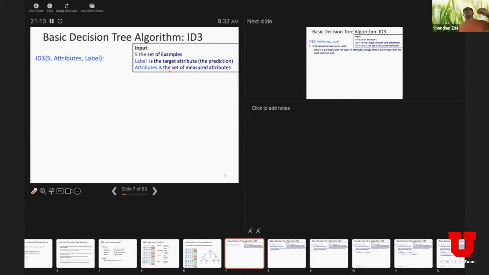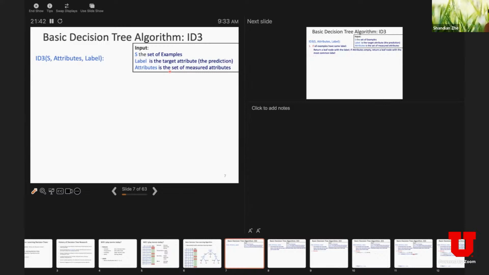So when we did this manual construction, when did we stop growing the tree? We found that the current subset is uniquely labeled, right? The label is no longer mixed. So that means it's meaningless to further partition that data set, so we stop growing the tree. That's one condition, right? But there is another condition. I think someone